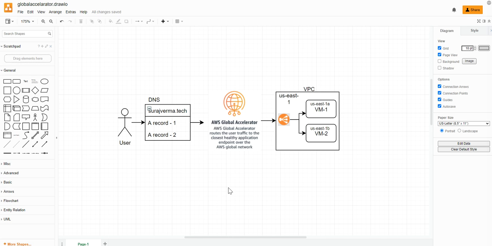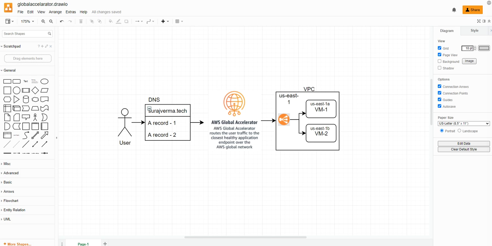So as soon as a user sends a request to that particular IP address, that IP address is known to all the edge locations in the AWS private network, the AWS global network. As soon as the request reaches there, the router knows where to route this traffic so that it will be the optimal path to reach the endpoints. Here the routers are using the Anycast protocol, where every router is aware of the IP and they use the optimal path so the request can be sent to the endpoint.